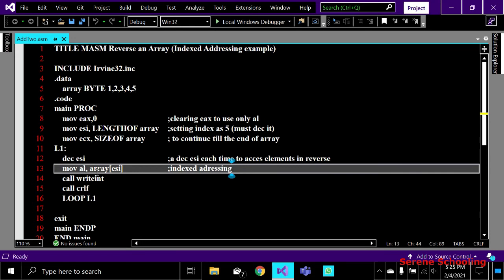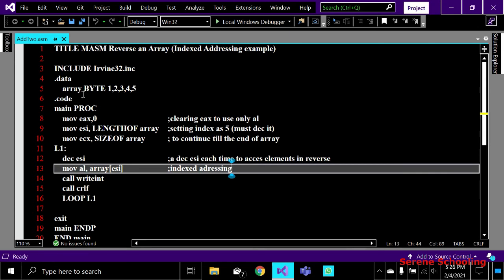Now in order to access the element at this index, that is the 4th index, I have to write it like this: array of ESI. This is how we also write in high level languages, right? So by this statement, array of 4, the value at array of 4 will be printed, that is this 5th element. Firstly it will move to the AL part. Why AL?